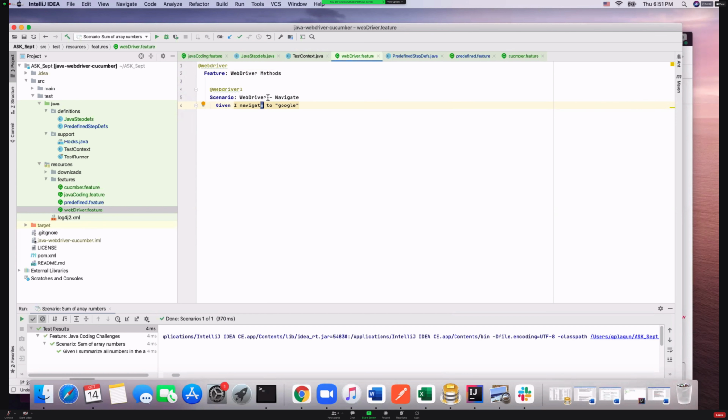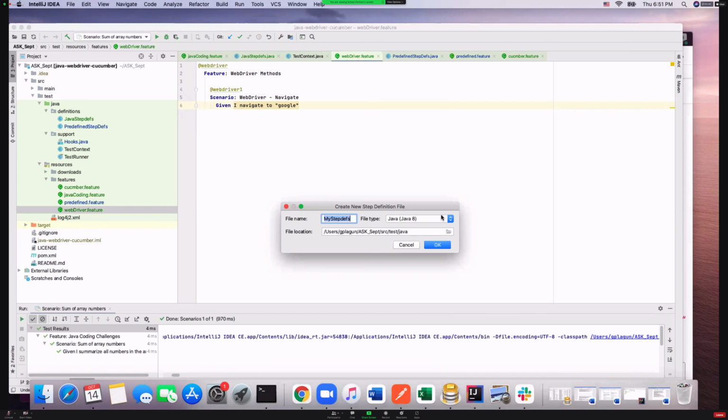Then you already created this one. It has been defined already. So you definitely need to change the wording. Navigate to Google page, do something so that you have a new wording of this step. Okay, thank you. So create a step definition, create a new file, and provide the name of this file,